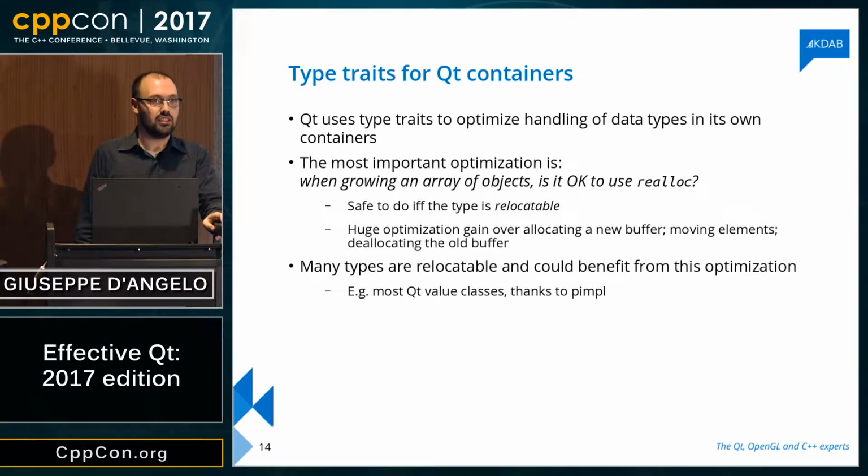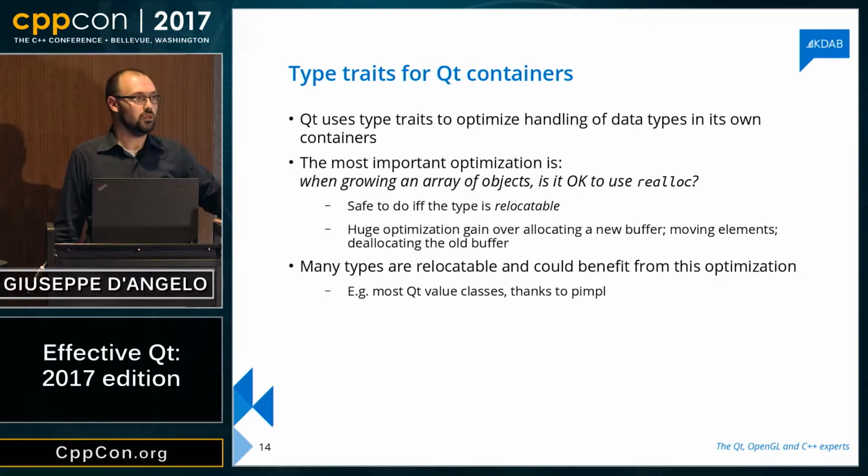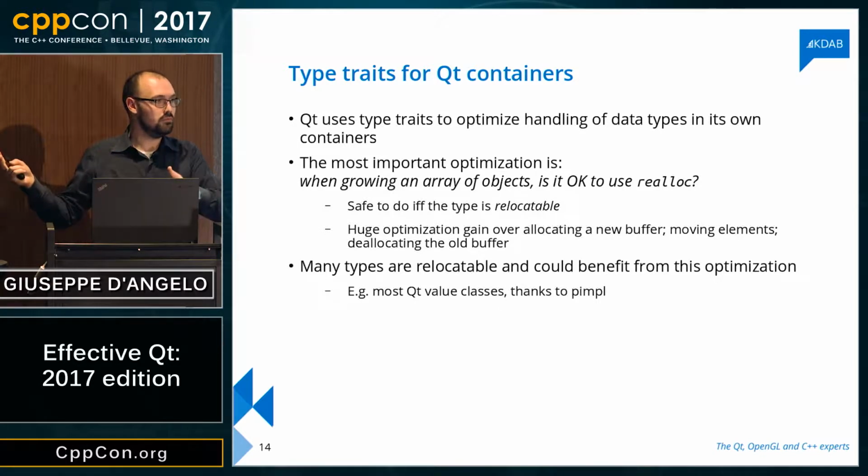The paragraph says what a vector is going to do is allocate a new chunk of memory, move the elements from the existing chunk of memory to the new chunk of memory, possibly by using move if noexcept or something like that. If that works, vector is going to destroy the elements in the old copy, and it's going to deallocate the old copy. Those are all the steps that are necessary in order to resize a vector, right?